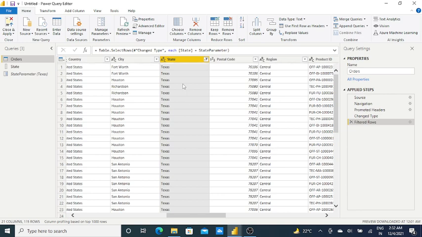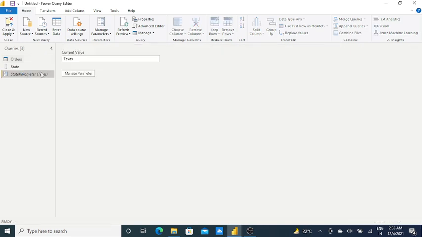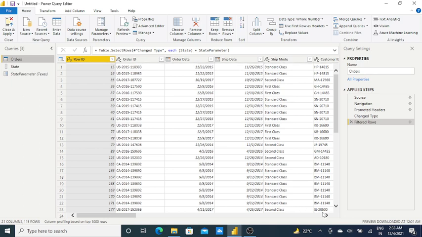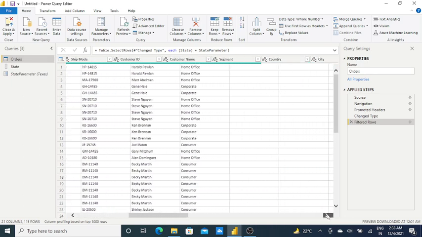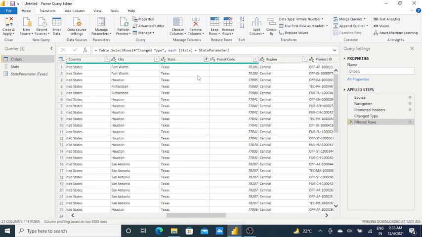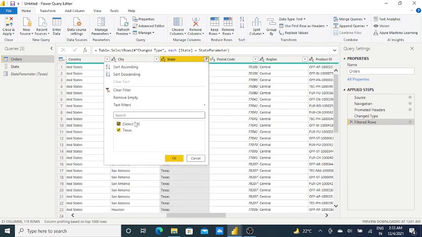After doing this, you can see here Texas. Here we have passed the value as Texas, right? So you can see the Texas value in your table, Texas state. Now I want to change it to California. But here it is not showing me California or Florida or any other states. How do we get California or Washington or New York or Mexico like this?